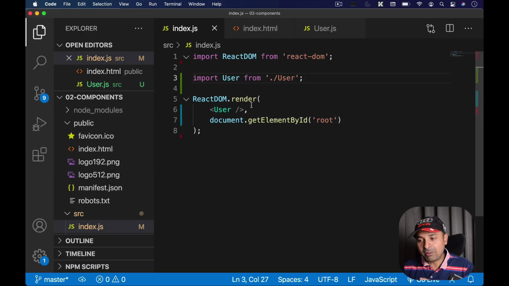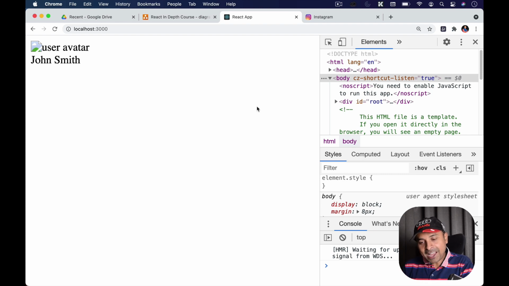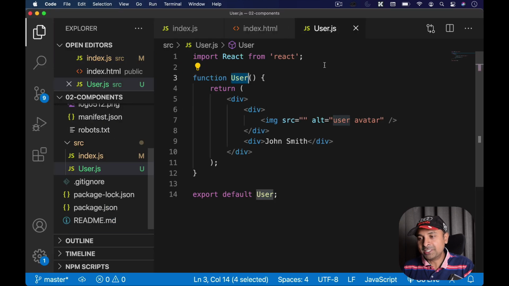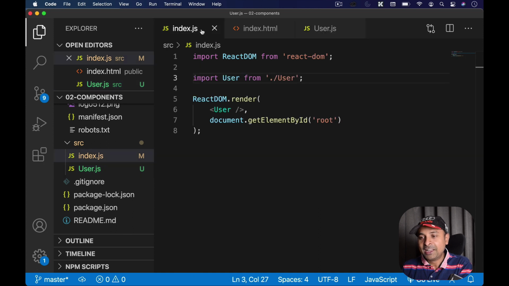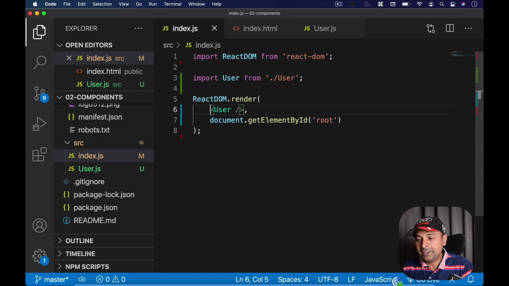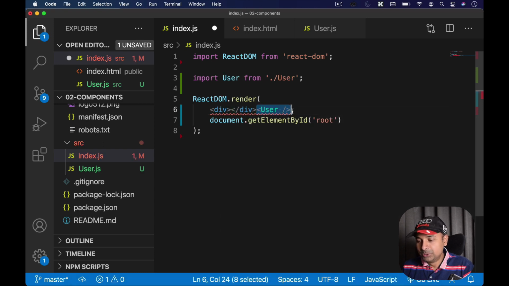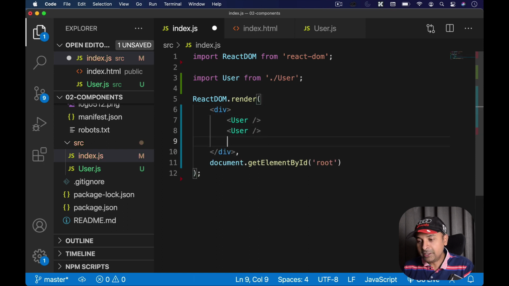Now I'll show you the power of components, right? Instead of writing that entire JSX, I have moved that entire JSX into this user.js file and I have imported that and I have used it. Now I can wrap this entire JSX, I mean this user, something like this inside a div. Okay, and I can create multiple instances of it. Getting my point? It's like writing multiple h1 tags or multiple paragraph tags, right? It's similar to HTML.